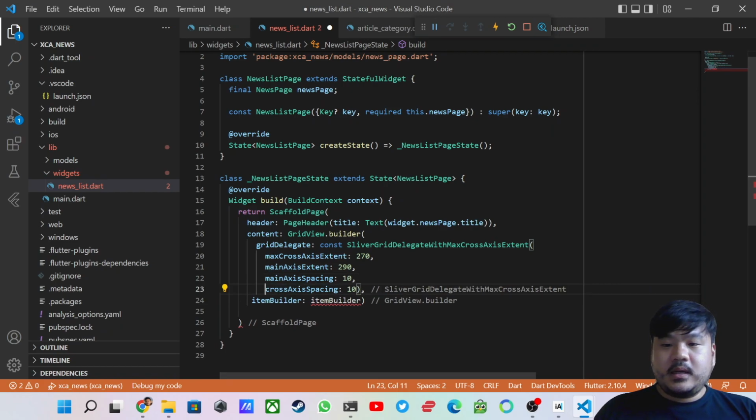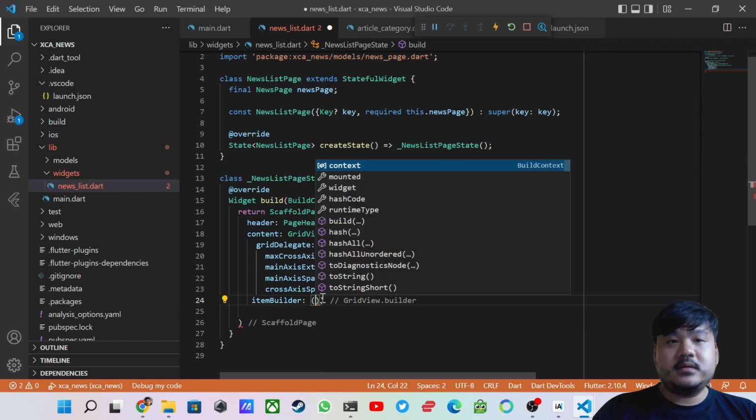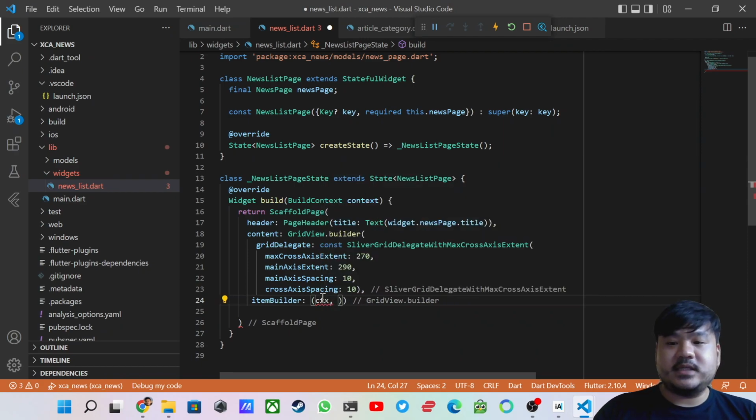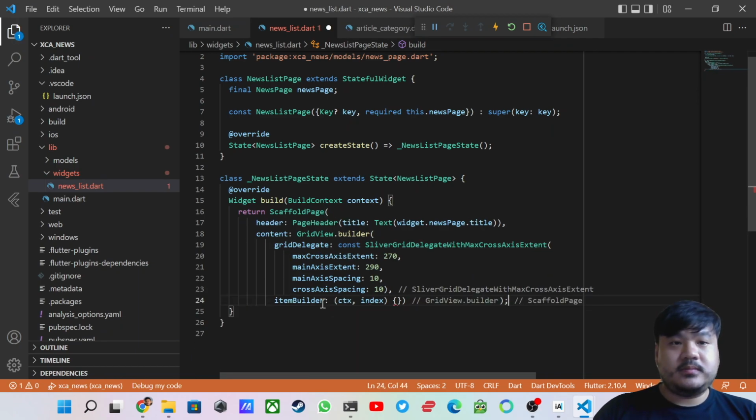Okay, and then we need to provide a handler inside the item builder. It should be a closure here, so it passes the context as well as the index. Sorry, I need to pass this. So in here